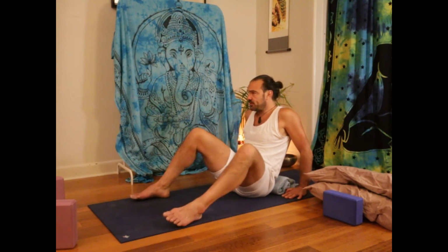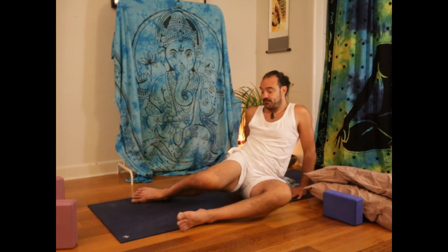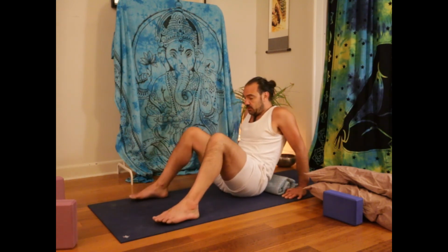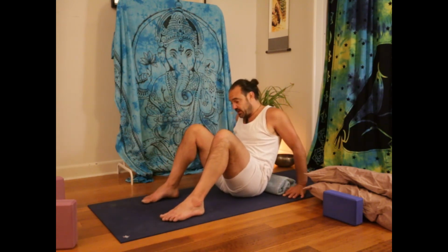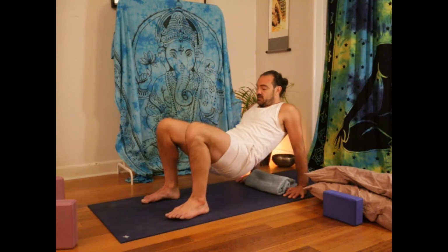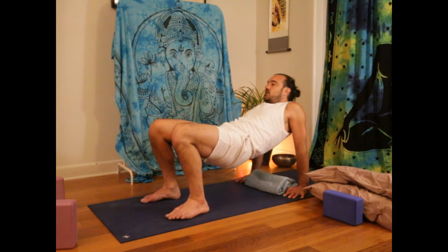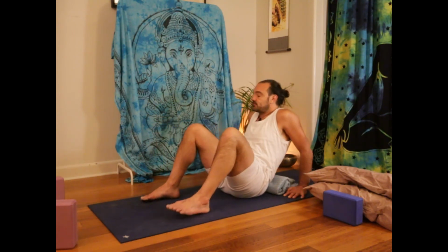You can find, again, a few windshield wipers, or maybe if you don't have any wrist or neck issue, you can find a little bit stronger, but a little tabletop to release the hips. And then we'll finish off with